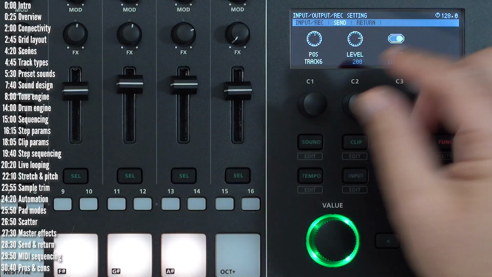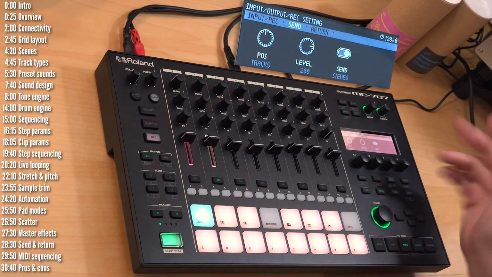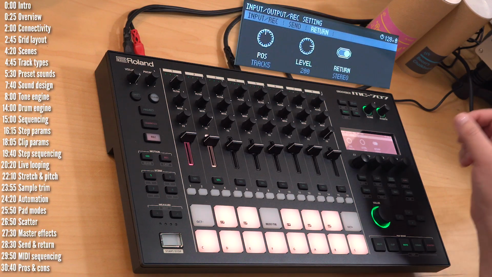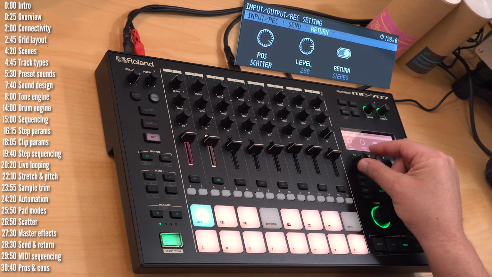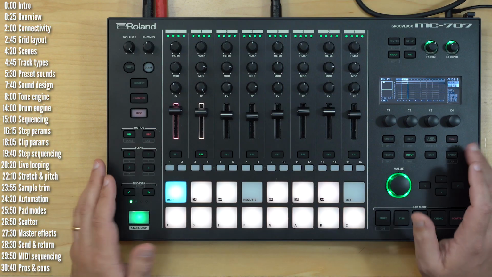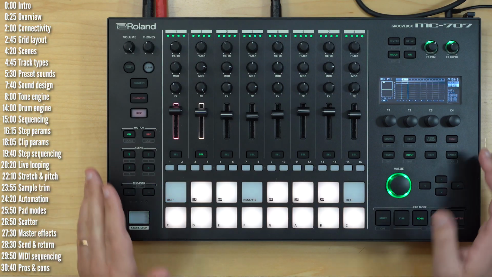Send it out to something external, which could be whatever you want, and then feed it back into the signal chain to, again, multiple locations within the signal chain. And then the last thing that I wanted to talk about before we get to the pros and cons is